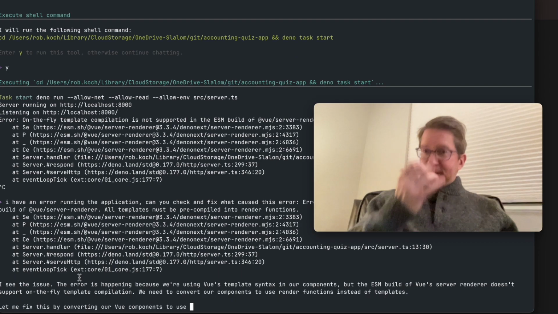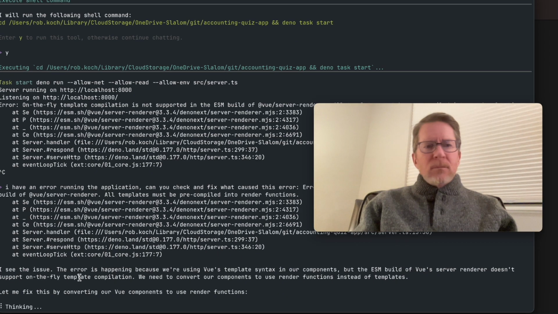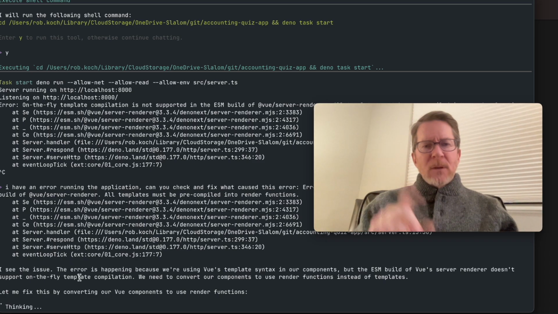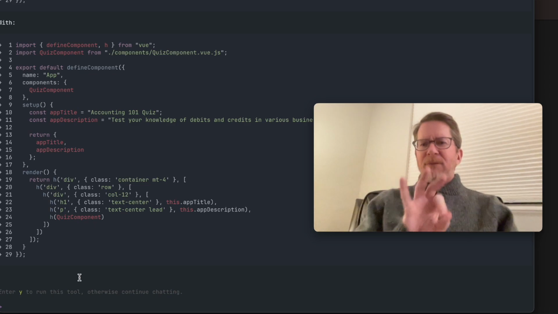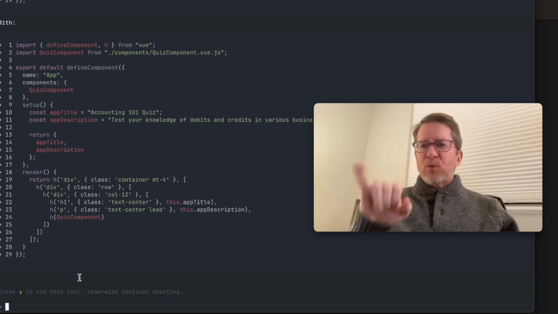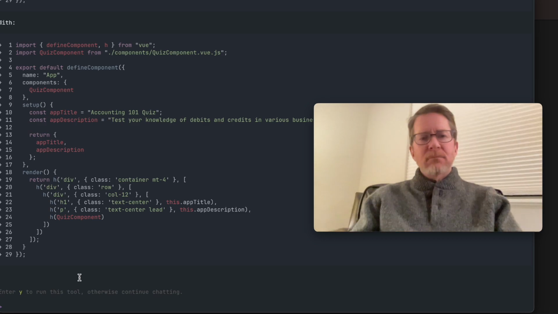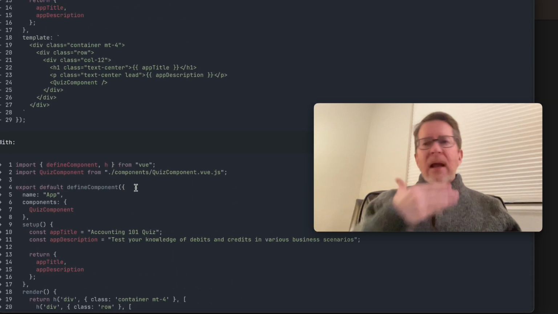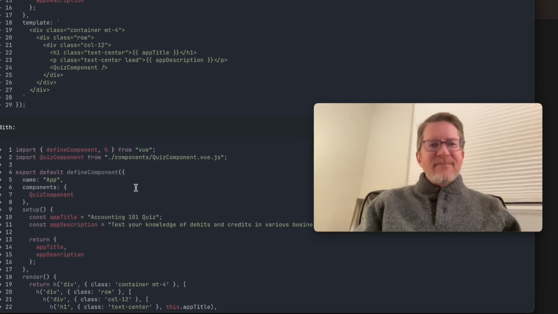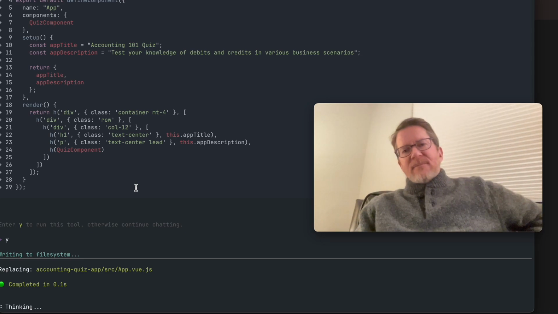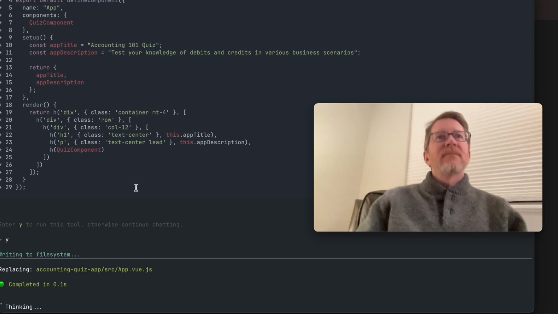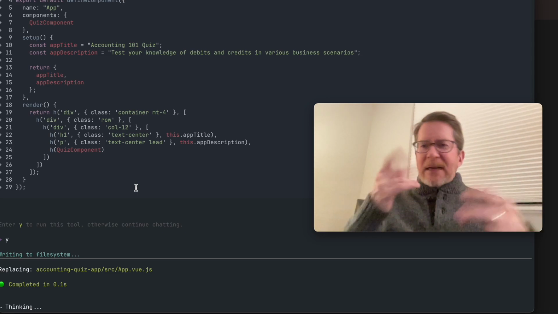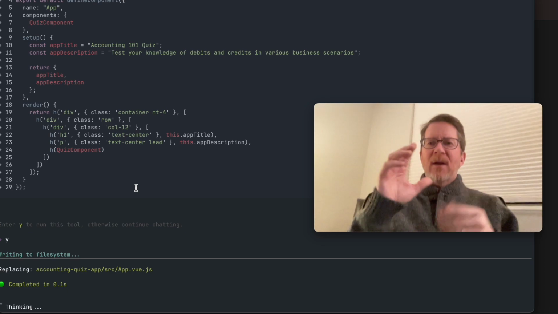So it says, oh, okay, I see the issue here. Let's see, it looks like it's fixing it. It has to convert the router function. Remember, again, I have no idea what Vue is, seriously, and how it works. So I'm just clicking through this here and hope for the best, right? Doing its thinking. It's exciting to see what's going on with AI and things coming into the picture. Really,